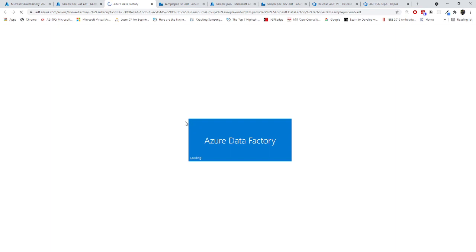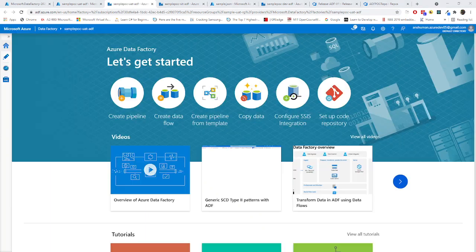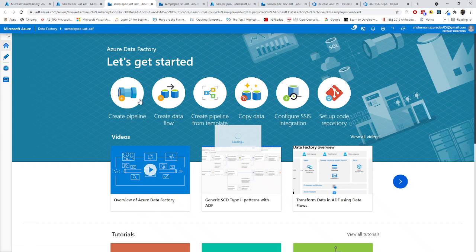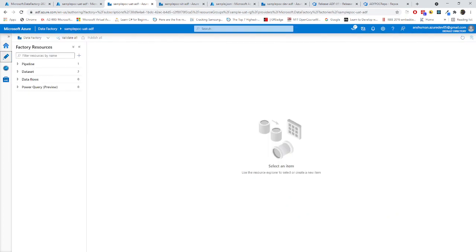So let this thing get loaded. Now you can see that if I go to author, you can see that there is one pipeline, there is one data set and all the things.